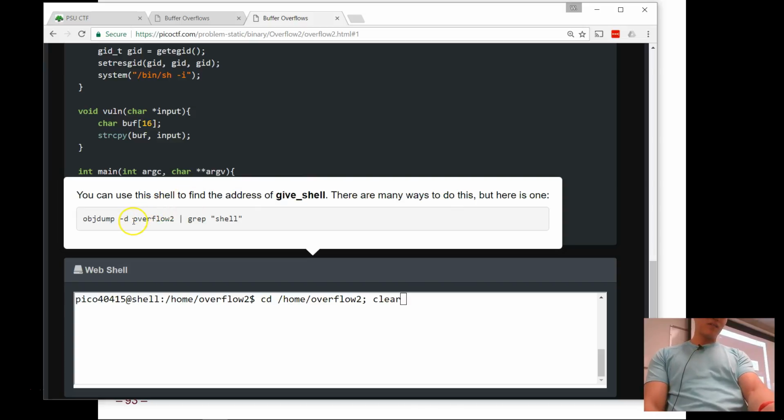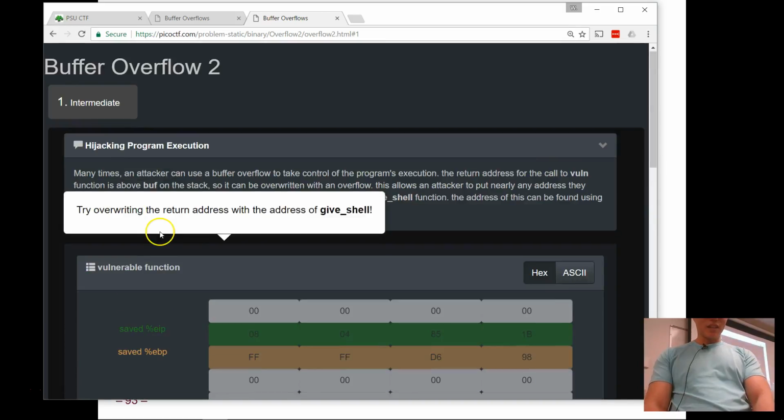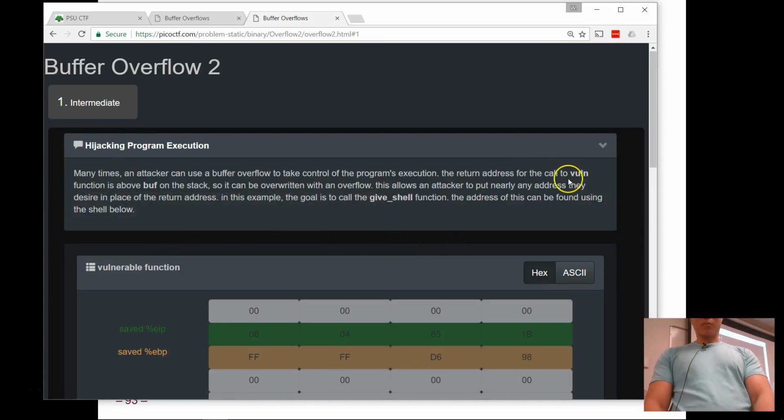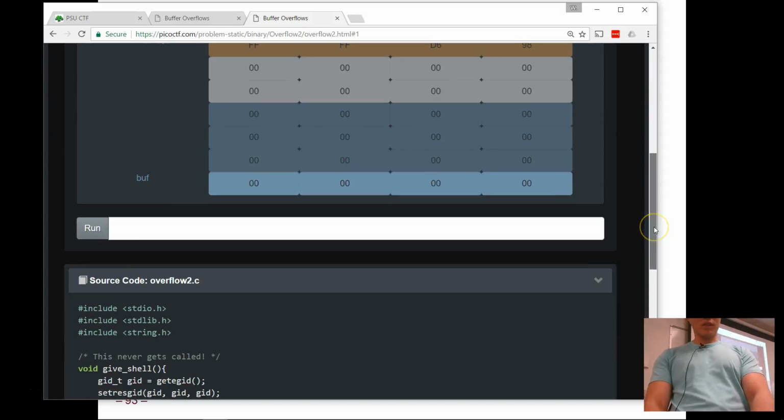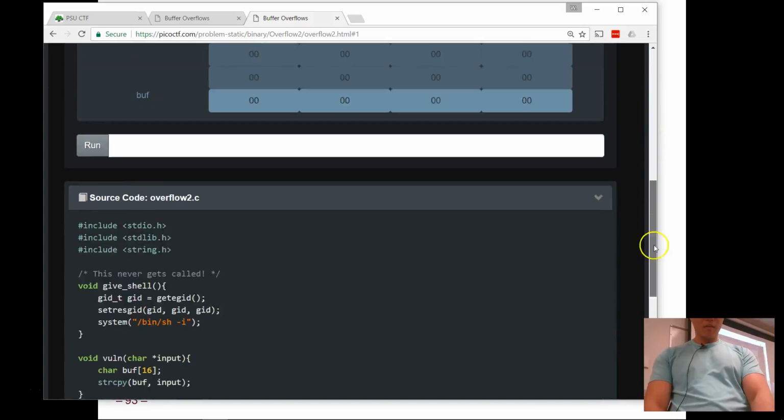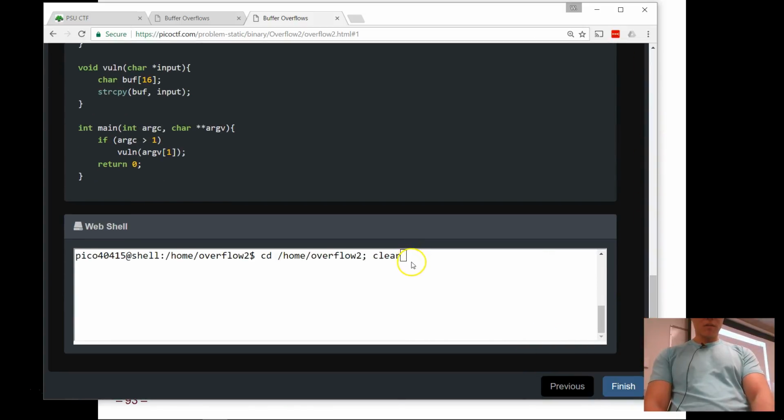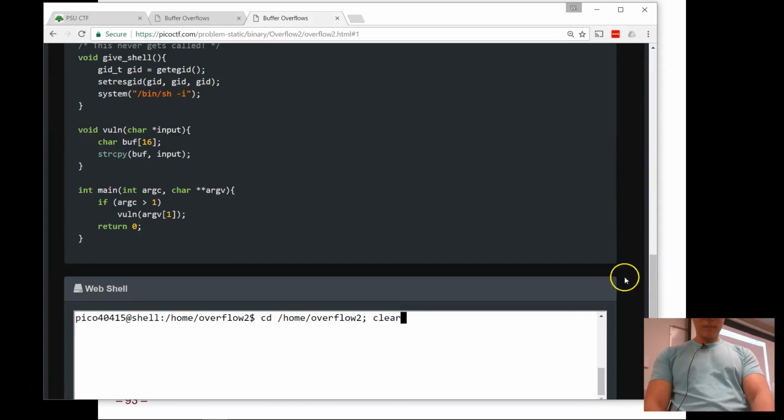They gave us the command even. objdump -d overflow2 and you grep shell, and then overwrite the return address with give shell. This is brilliant. All right, here we go. So where's my shell? Hey, wait. Okay. All right, so